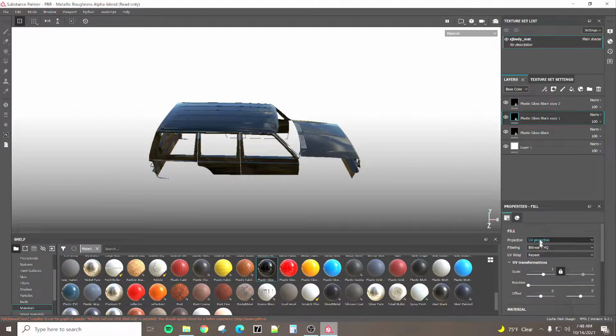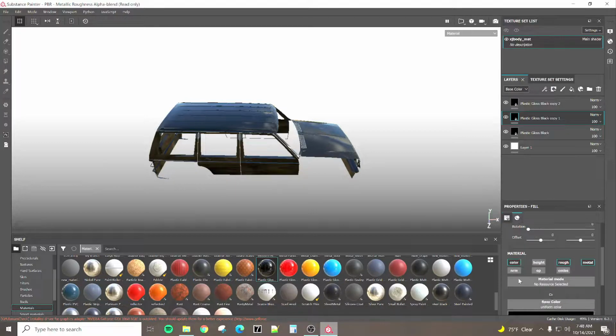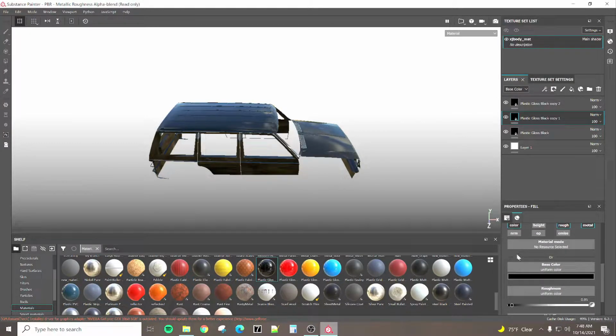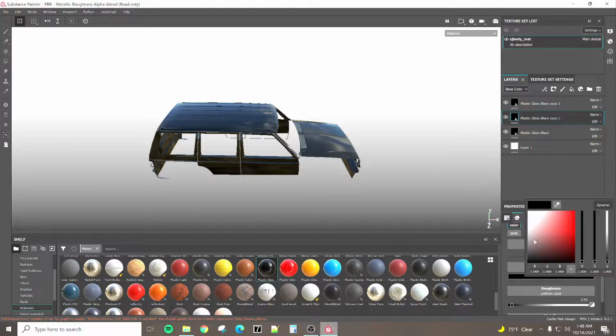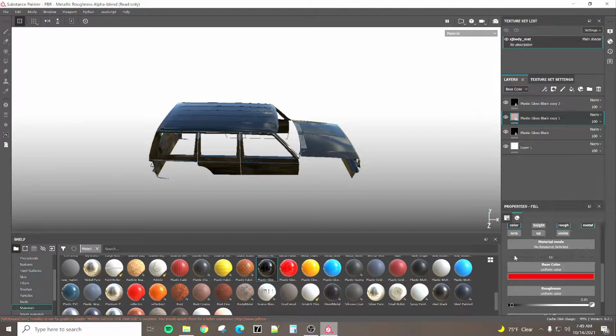The first layer is going to be, we're going to focus on the CC portion of this, which is controlled. What this does is it tells the game where different colors are applied to the truck. It's kind of like a map, so to speak. So what we need to do is make this full red. Full red is the first color within the